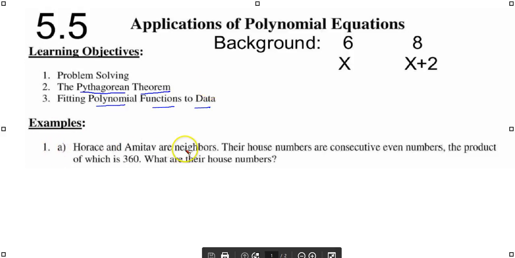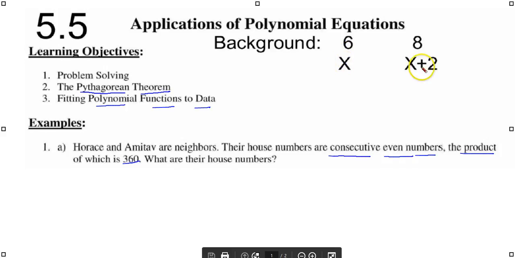Here, two fellas are neighbors, and their house numbers are consecutive even numbers, and the product is this. So that means you're going to take these consecutive even numbers, multiply them, and it will equal this, and they want you to use that quadratic equation that results to solve it. Well, first of all, when we're thinking of